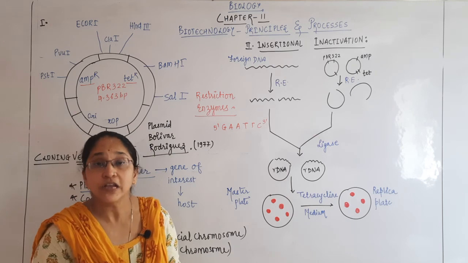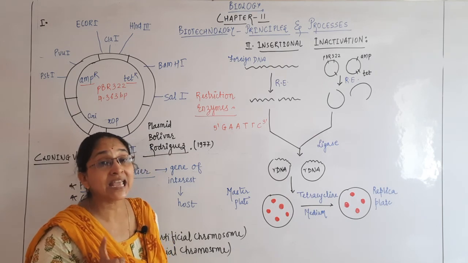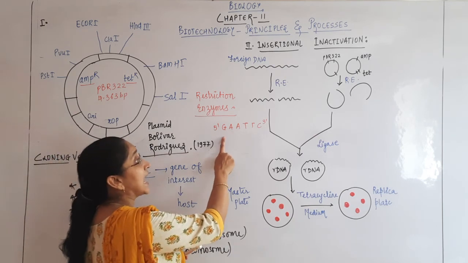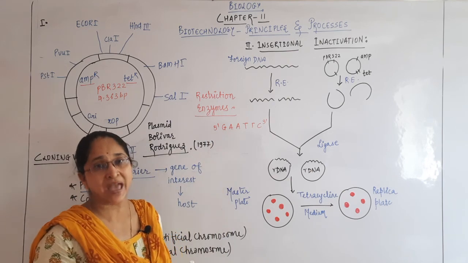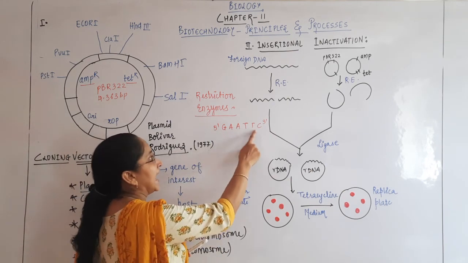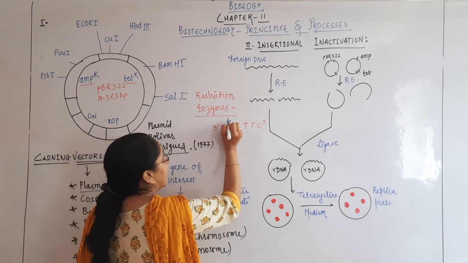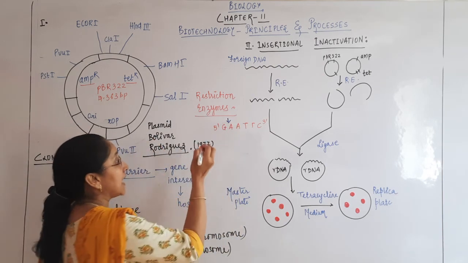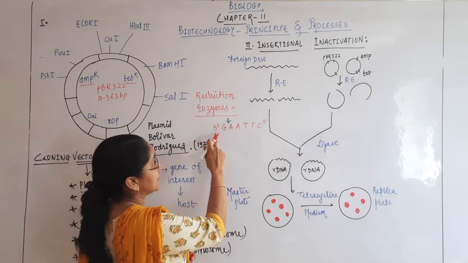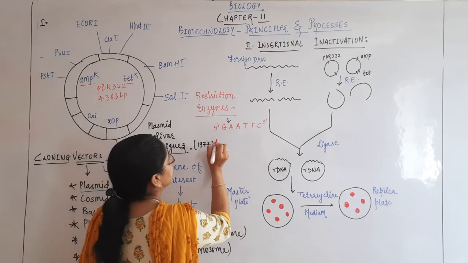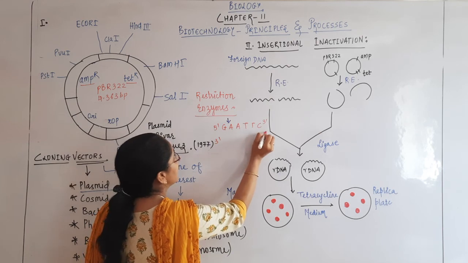Now when we talk about the restriction enzyme EcoR1, the restriction site is a 6 base pair palindromic site, GAATTC, and it carries out the cleavage between G and A from the 5' end. Again, when we start here, this is the 5' to the 3' end. Here we will start from the 3' end to the 5' end.